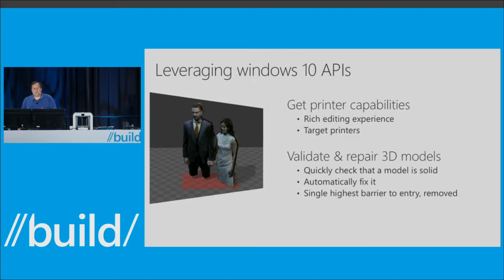But if you're more like a CAD application and you really want to do the selection of the materials as a designer and then send those materials down, we give you the APIs to do that, to understand you can install your printer or you can install printer metadata and you can actually do that selection from your CAD application. When it gets to the print workflow, we'll get out of the way. We'll see there's already printers, there's already materials selected, we'll back off. If your designer selects something less complex or that's not a printer material, you can edit it by making selections in the print workflow. We also are putting in the box validate and repair tools,